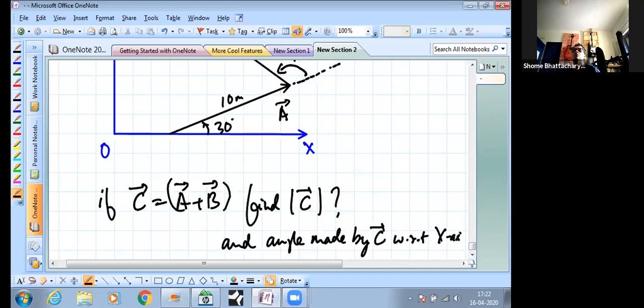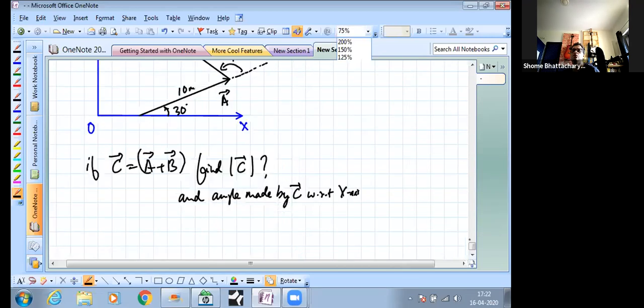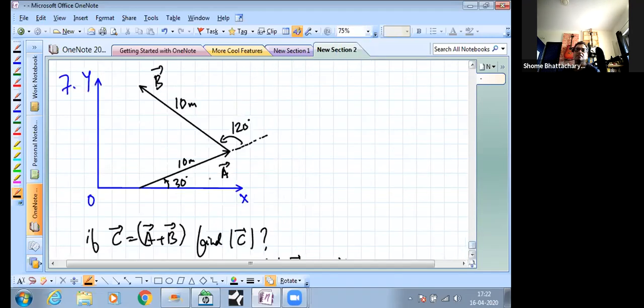So this is what we have to do in the question. I'll just leave you with the diagram for a moment first. Then I'll give you a hint on what you have to do here. First, you draw the vector C in the diagram. You'll get a triangle, and you notice in the triangle, two sides are equal, 10 meters and 10 meters. So first of all, it's an isosceles triangle. Then solve the triangle a little bit further and you'll realize it's a much easier triangle to solve and you'll get the answer quite easily.